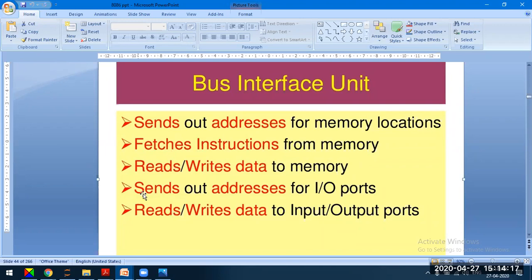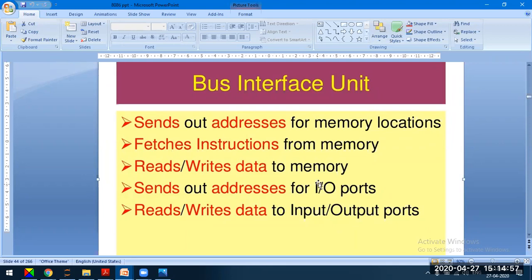To fetch the data or instruction, it has to send out the address through the address bus. For IO devices connected to the IO ports, it sends the address first to the external devices, so that they can place the data on the data bus. It will read or write data from or to the IO devices through IO ports. Devices are connected to these IO ports, and the device has a memory. When it sends the address, that address corresponds to the memory address of the IO devices connected to the IO ports.